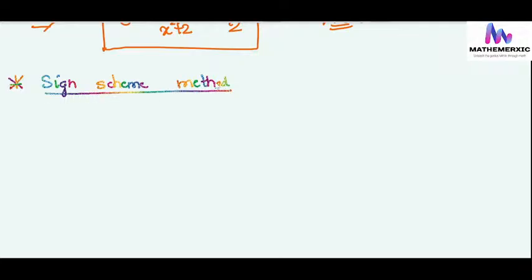Sign scheme method. We know how to solve linear inequalities. Now we shall discuss the algorithm to solve polynomial and rational inequalities. Let us say we are having f(x) is equal to (x minus a1) to the power k1, (x minus a2) to the power k2, like this, (x minus an) to the power kn, where k1 to kn belong to Z and a1 to an are fixed real numbers, satisfying the condition